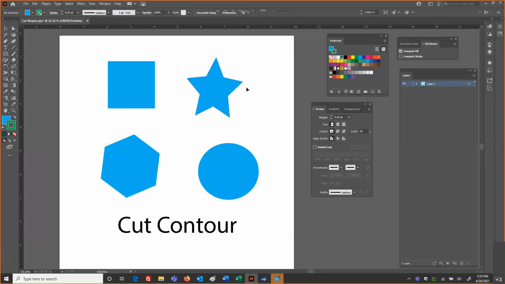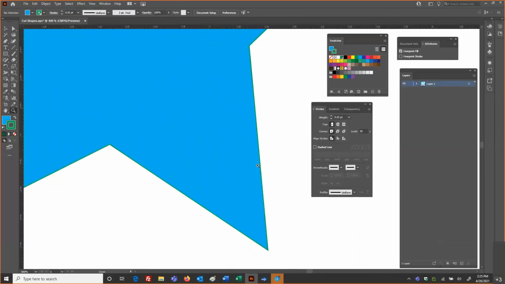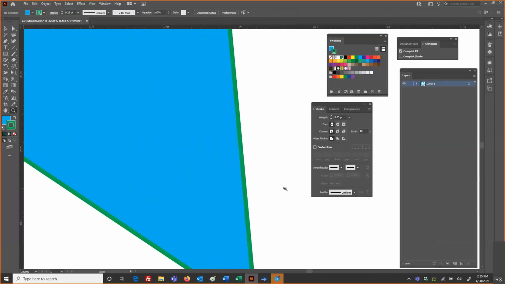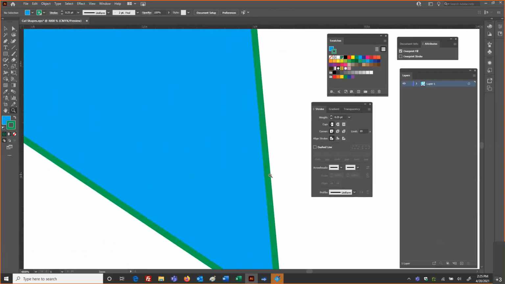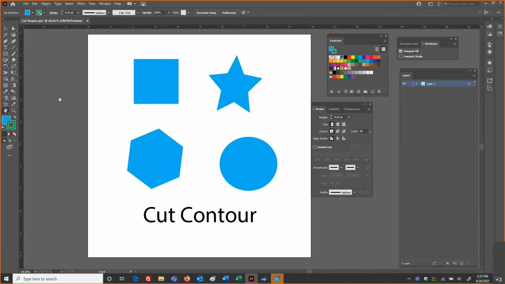Now that is an okay method to choose. And if I zoom up on that, I will be able to see my cut information for my cut shape, my stroke around that area. So I see my green stroke color, okay? Again, in my example, it's a little hard to see. So I might say, well, I don't want to use a stroke. Instead, I'll go through the second method, and that's going to be filling the object. I'm going to fill the object with the cut contour spot color.